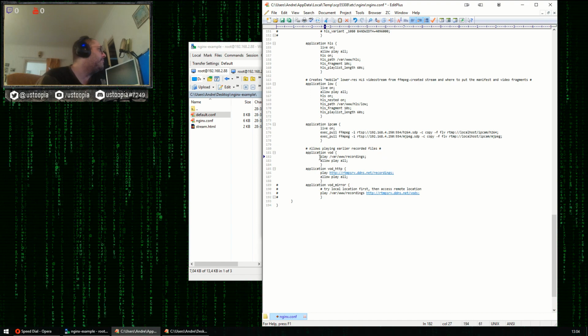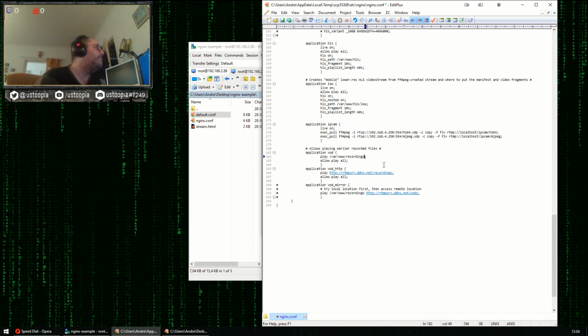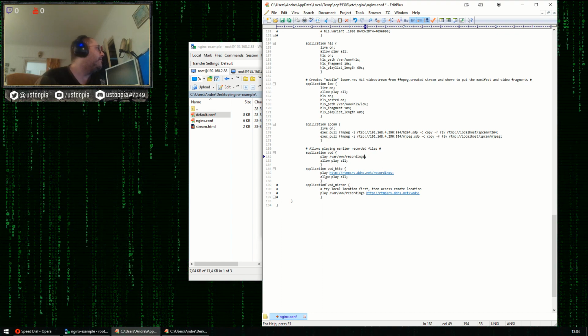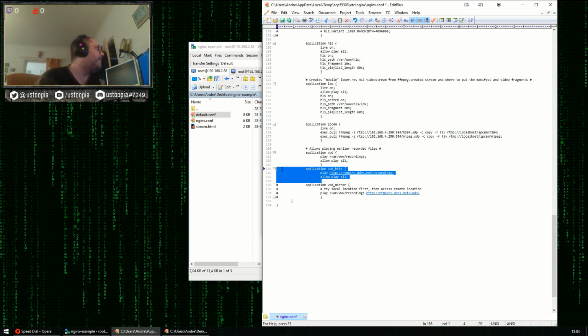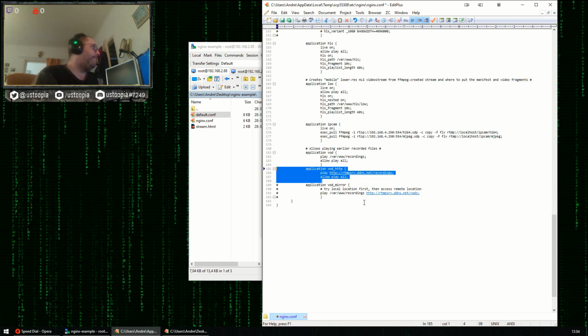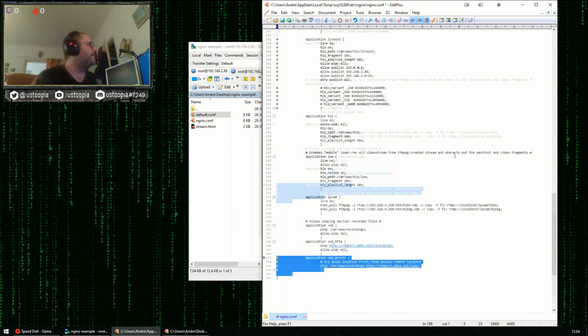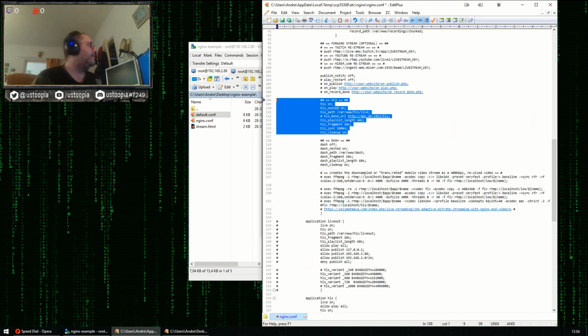Application Vault. It should be able to play everything in the recordings map. Not sure how to trigger this though. Forgot actually to look into that further. Also the same for HTTP. And mirroring is also possible, but that's something I gotta look into first. I think we've handled the most important things.